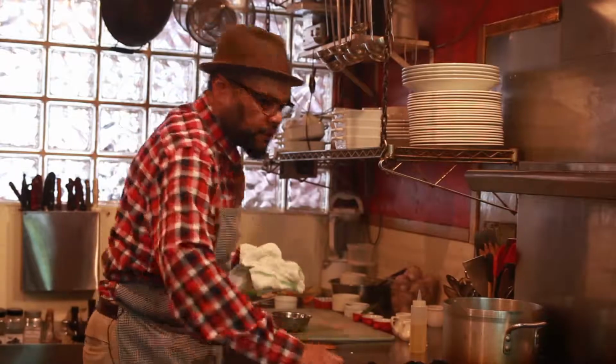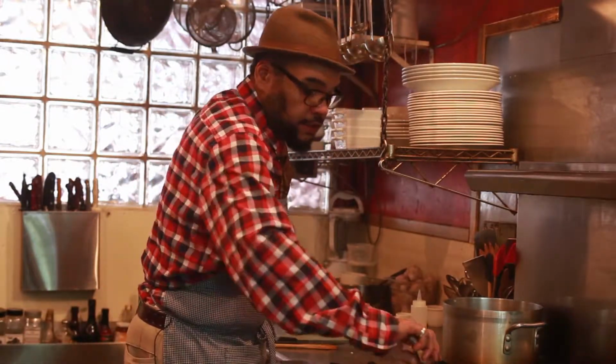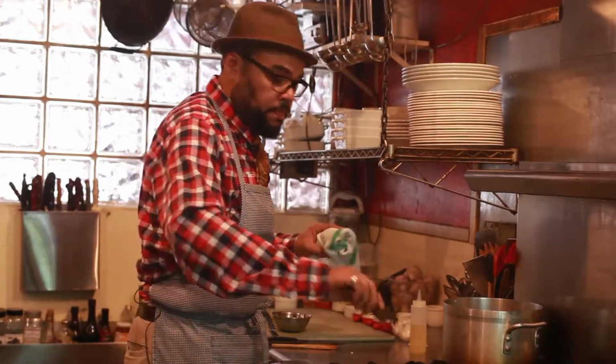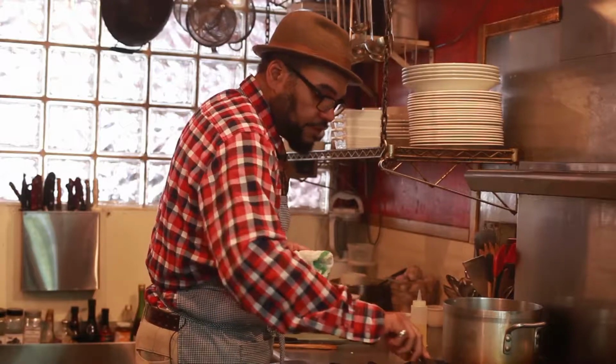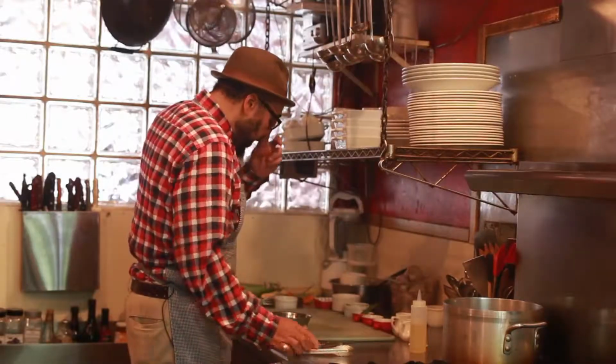I'm just gonna give this a couple more turns, get these nice and crispy. And these, again, these could also go on the grill. You could get a piece of foil, put these on. You could get them in between the grates and get a nice, good crust on those skins. And I'm just gonna add,